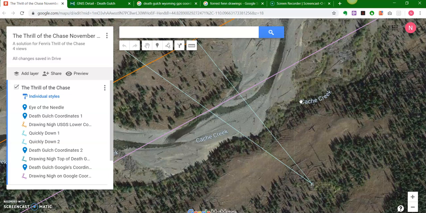So I will share a link in the description box to this map so you can make a copy, modify it as you see fit. As I've always said, this is all based on one solve in one location, and there's no guarantees that this is any step closer to the location of the treasure than any of the other videos which are out there